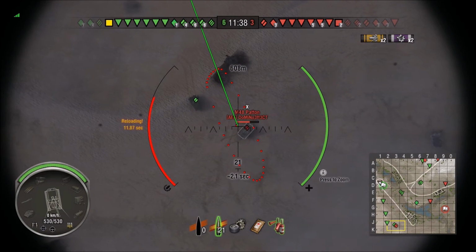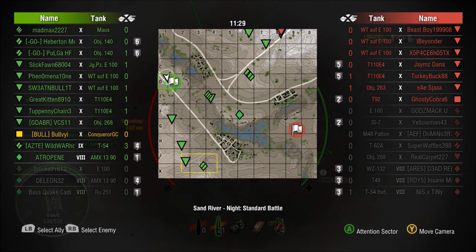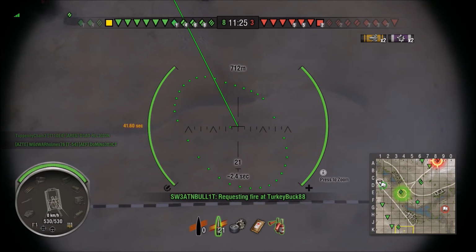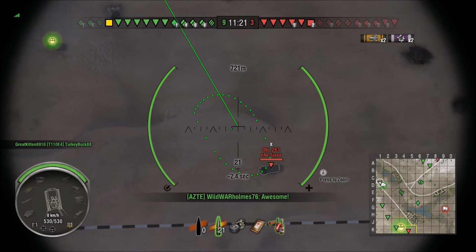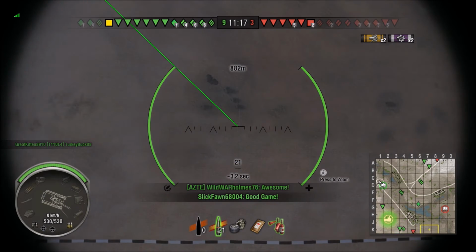Sometimes it's going to be like it is now, Sand River. They're out in the middle of nowhere. They're moving around a lot, and every arty driver knows nobody ever gets tracked when they're supposed to. They always get tracked after you've already fired, and you were calculating distance, and then they get tracked, and the shot lands where you thought they would be. So, what are you going to do? There's nothing you can do